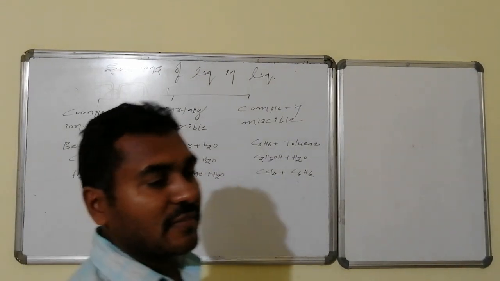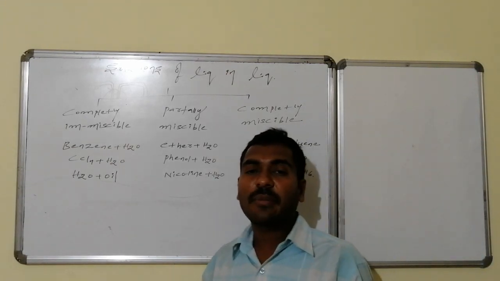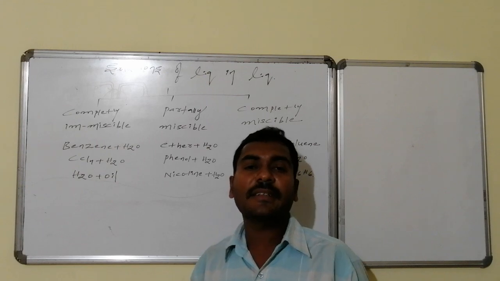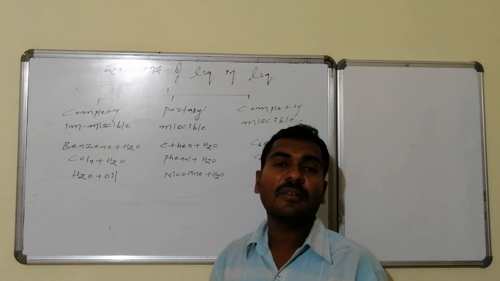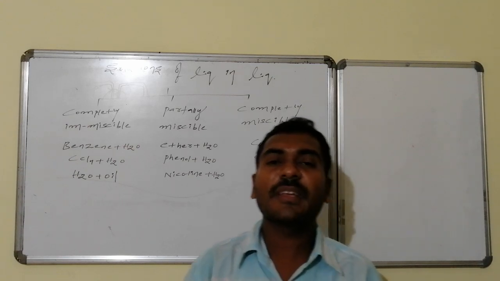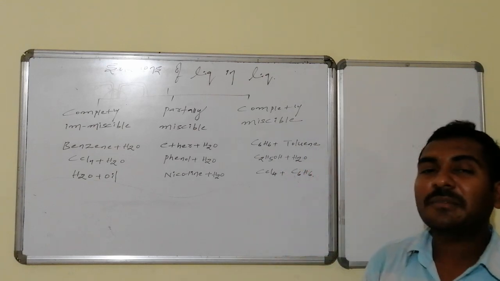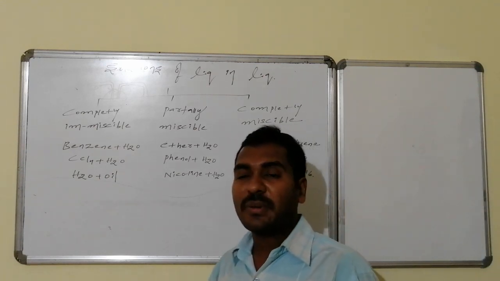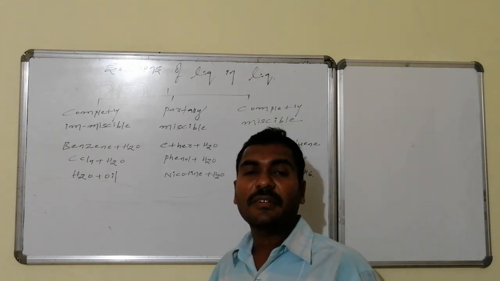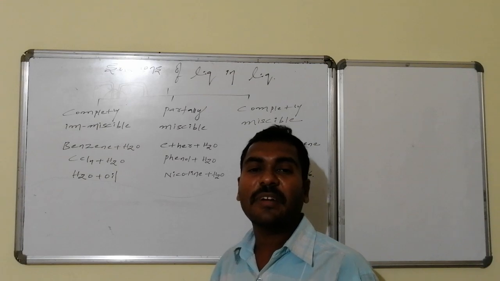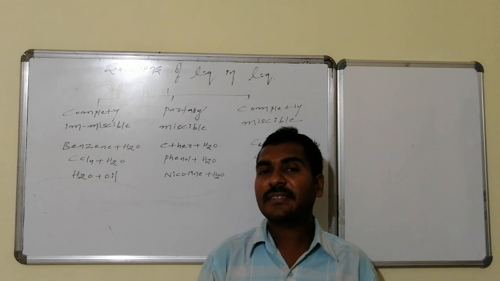Solutions of liquids in liquid, that is, both components are liquid in nature. When two liquids are combined with one another, then there are three varieties of situations. One situation is completely immiscible, one is not at all interested to dissolve in the other. Such a situation is said to be completely immiscible. Those are benzene plus water system, CCl4 plus water system, water and oil system. One is organic in nature, the other one is polar in nature. In between them, one likes and the second dislikes. So therefore in between them no attractions will develop.